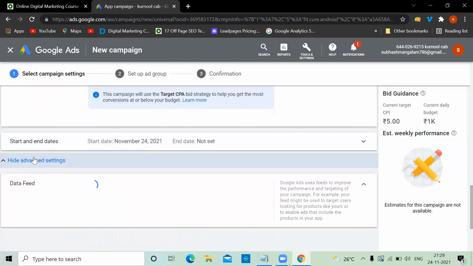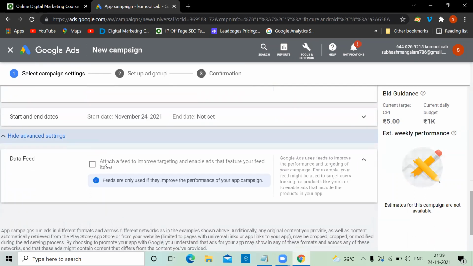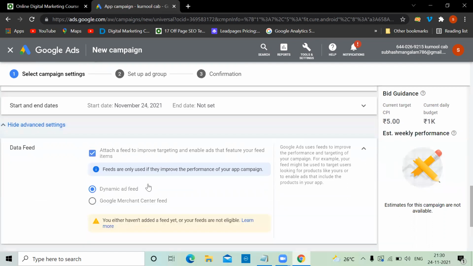Then there are some more advanced settings. Attach feed to improve targeting is enabled. The feed option is there on e-commerce websites, but recently they added it for app campaigns, which is used to improve the performance of your app campaign. Let's see what they'll be asking.